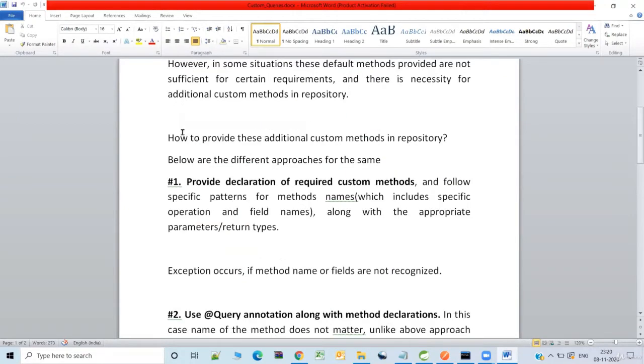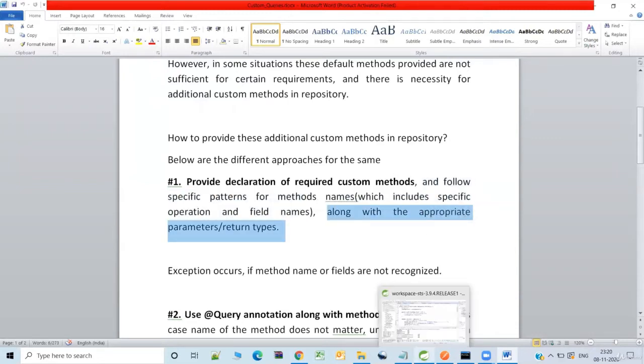So how to provide these additional custom methods in the repository? There are two different approaches. One is by providing the custom method declarations. See, here we follow specific patterns for the method names, which include the specific operation which needs to be performed and the name of the fields which are in the entity class, along with the appropriate parameters and return types.